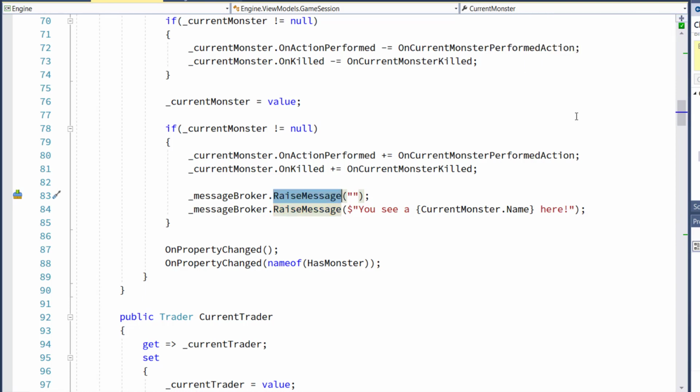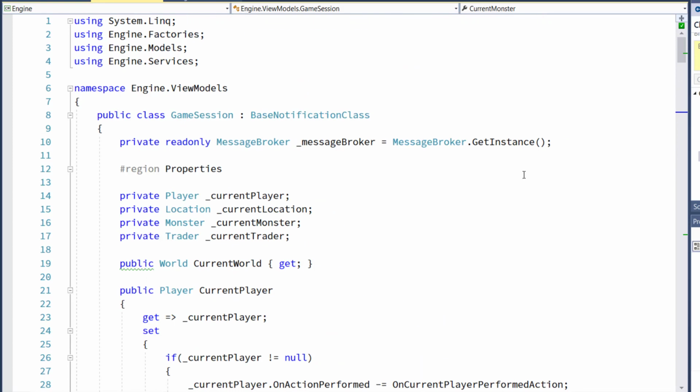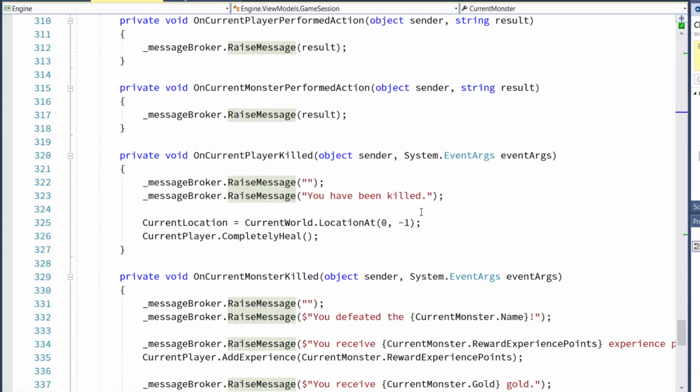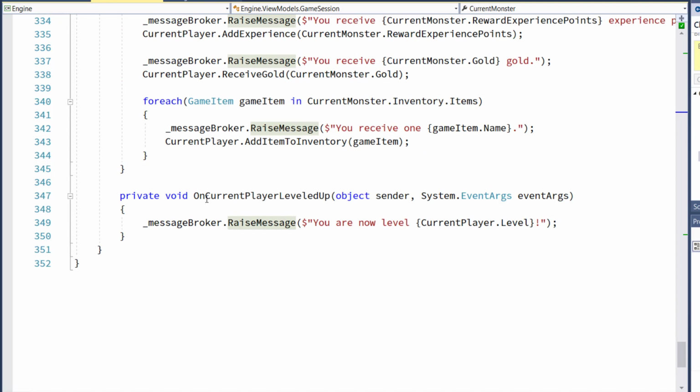Once we've done that, we don't need the old message event and message function inside GameSession, so you can delete the public event for OnMessageRaised that used to be here on line 11, and you can go to the bottom of the class and there used to be a RaiseMessage function down here on line 350, and you can delete that function. And then finally we'll go into